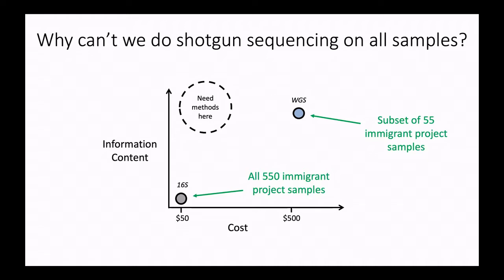And something that we've been working on in my lab, I get kind of frustrated by this because I love big data, but I'd like to have good data and big data at the same time. And what we've been working on is trying to fill in something here. How can we get more resolution without resorting to this single marker gene, but without also having to pay for this kind of very deep whole genome shotgun sequencing?